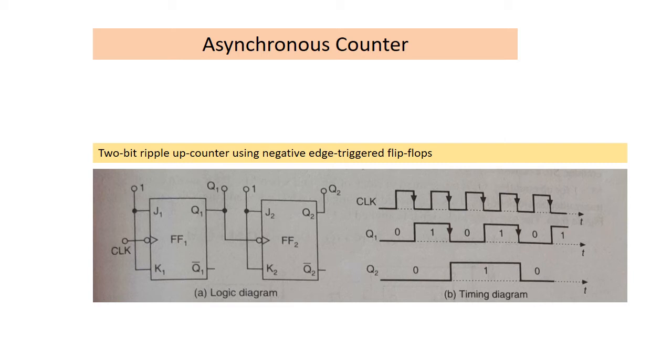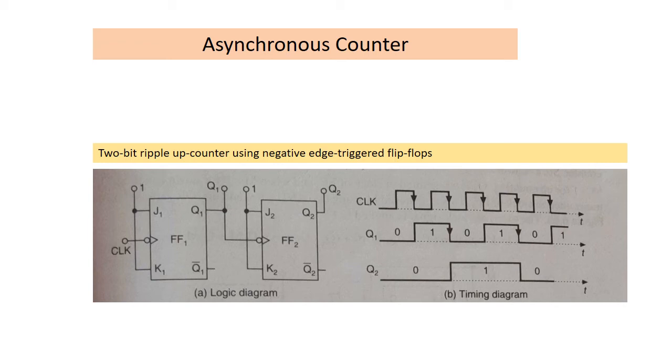That is 01. At the negative going edge of the second clock pulse, FF1 toggles. So, Q1 changes from high to low. And this negative going signal applied to the clock of FF2 activates flip-flop 2 and hence Q2 goes from low to high. Therefore, Q1 equal to 0 and Q2 equal to 1. That is 10 is the state of the counter after the second clock pulse.